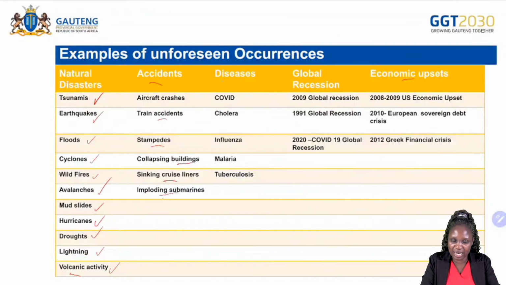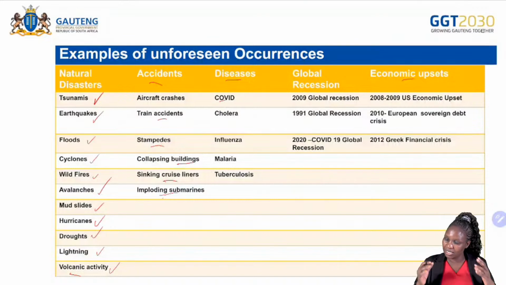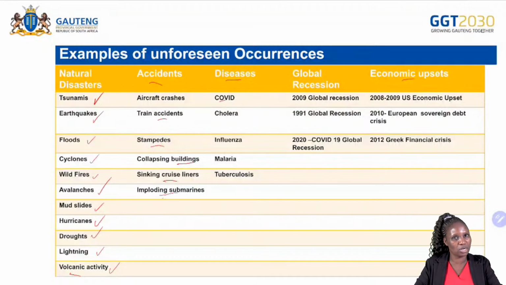And then now let's look at diseases. When we're looking at diseases, we've got COVID-19. COVID-19 was a global problem because it affected the whole globe. Everyone was affected. Everyone stayed at home because of COVID-19. It affected us a lot, the tourism industry, because some attractions were closed. Some hotels were closed because there were no tourists. People were not allowed to travel. People had to stay at home, right? Because of COVID-19.